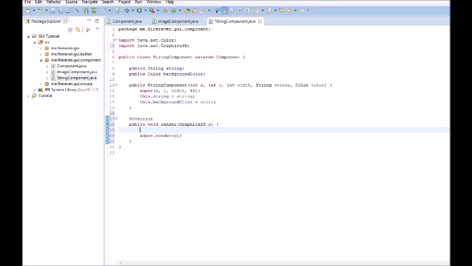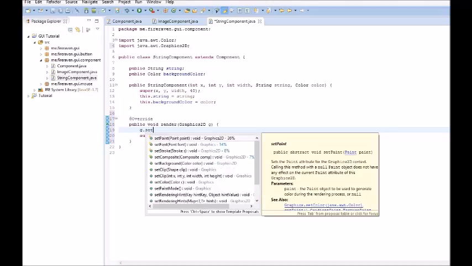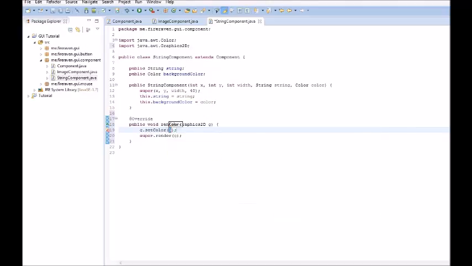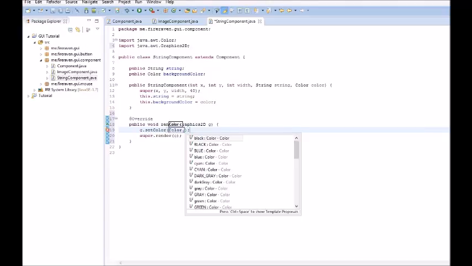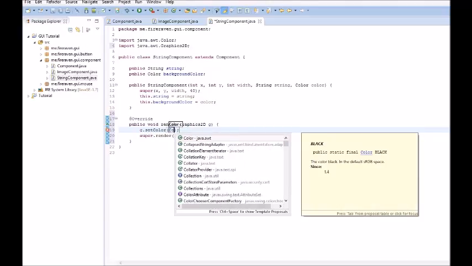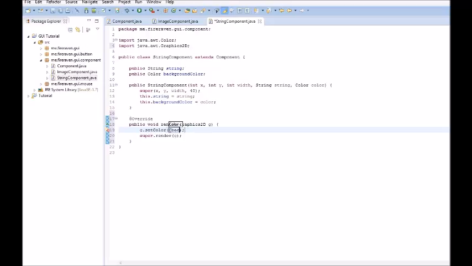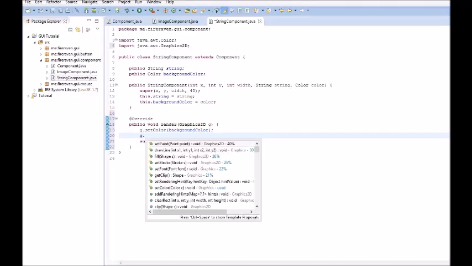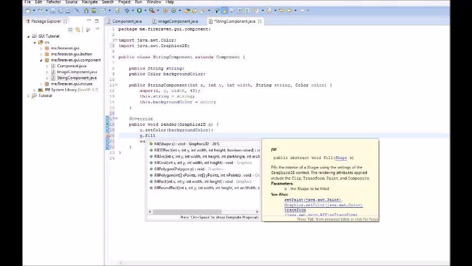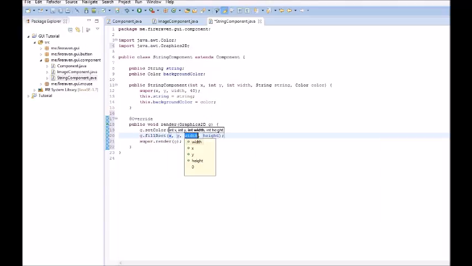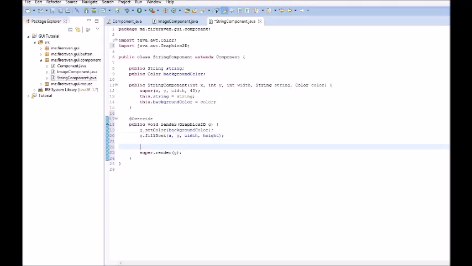So we're going to do g.setColor to color dot, or actually we can just set it to the background color. Whoops. And then underneath that will be g.fillRect under X, Y, width and height. Now we want to do g.setColor to our text color, which I think is going to be black. Color.black, and we're going to do